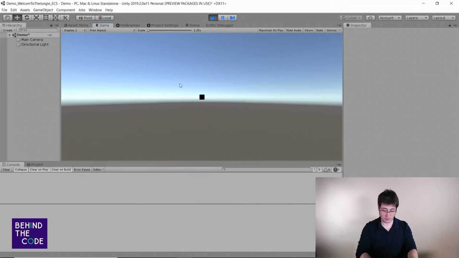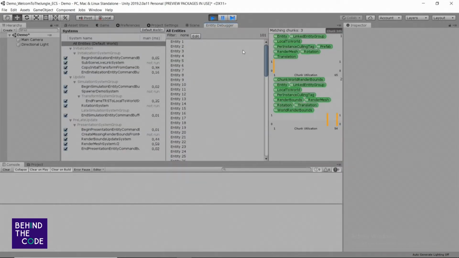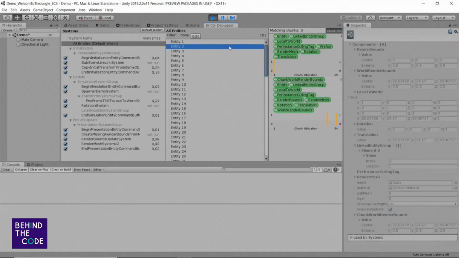So you have one entity, yes, in the screen, but in the entity debugger, which lists all your entity, you have 101 entity. I think you have all your entity here. So it's good. I think we have what you want.